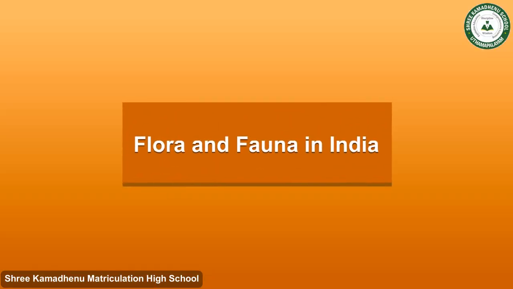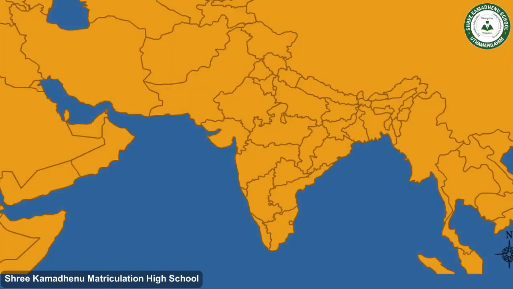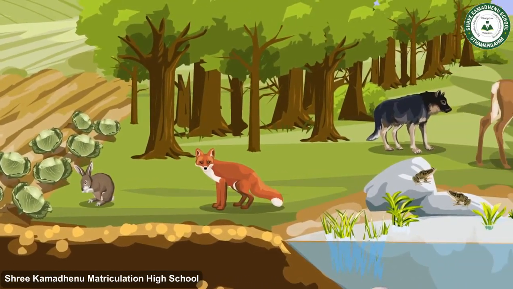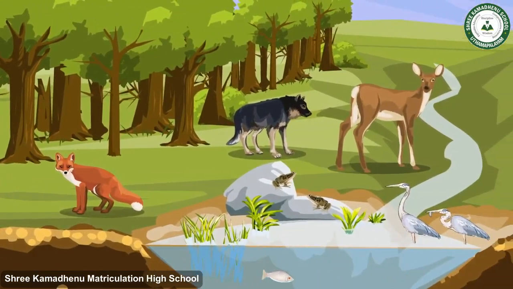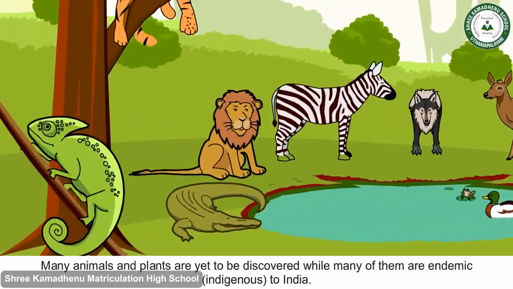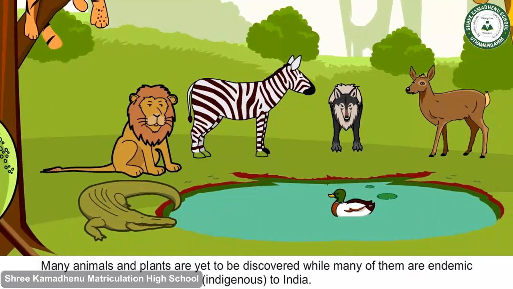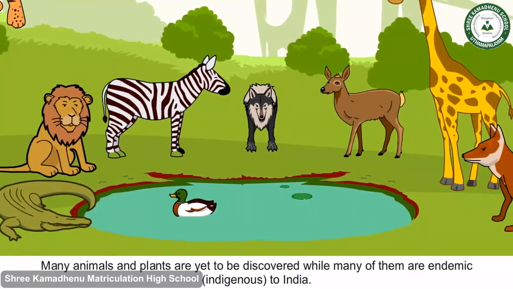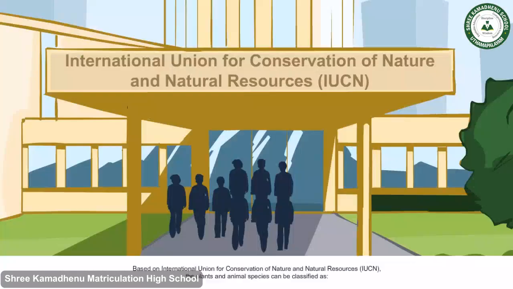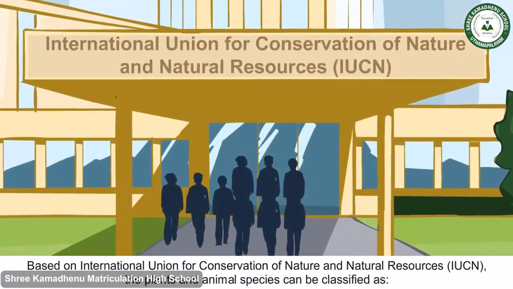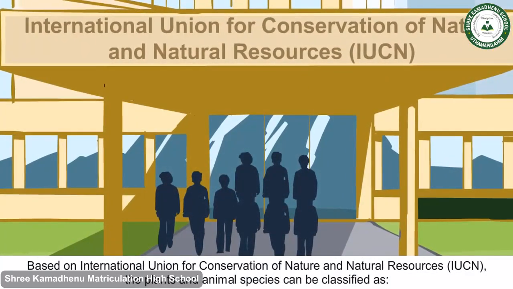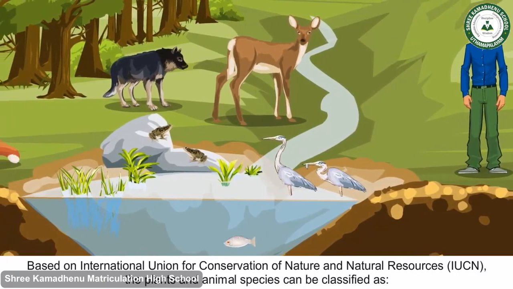Flora and fauna in India. India is highly rich in biodiversity, having different species or varieties of flora or plants and fauna or animals. Many animals and plants are yet to be discovered, while many of them are endemic or indigenous to India. Based on International Union for Conservation of Nature and Natural Resources or IUCN, the plants and animal species can be